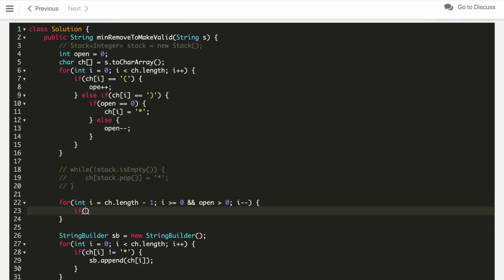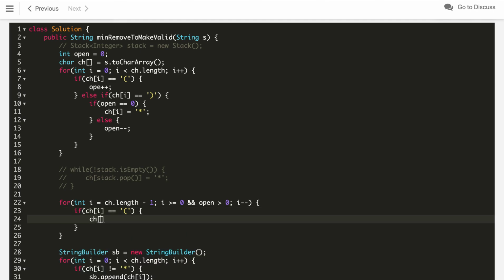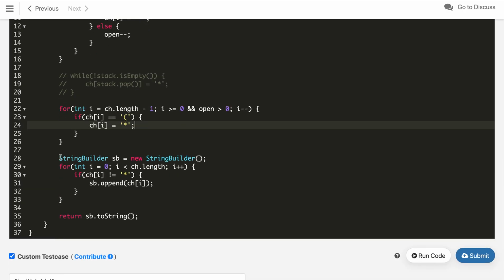Now we check if the character at i is open, and then we update the character at i with the special character, which is asterisk. So that's it, and after that the rest is the same.